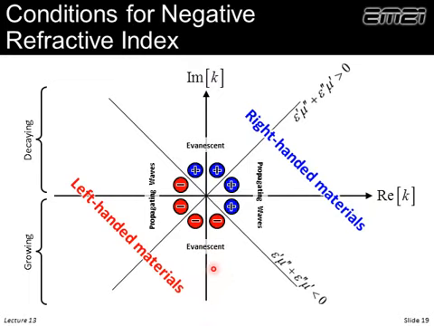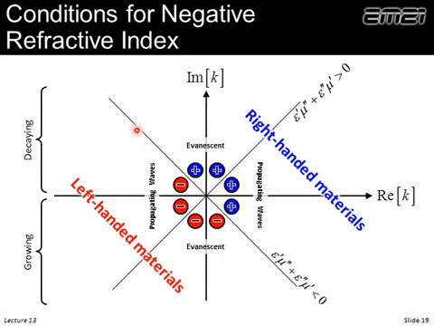And so what we see on this diagonal line, everything to the lower left of the diagonal is left-handed. What we can see is that these evanescent waves, which are typically decaying, if they're inside a left-handed material, are actually growing, which is maybe a bit of a surprise. On the upper right hand is all of our right-handed materials.